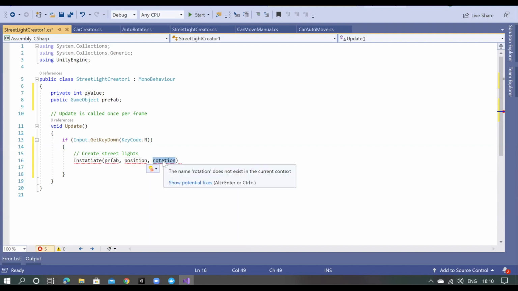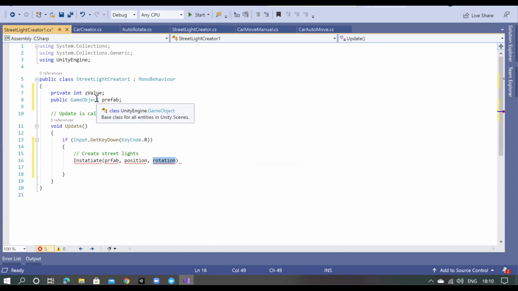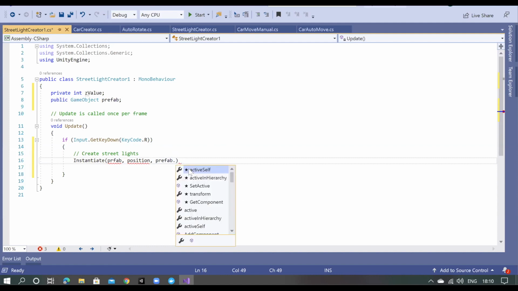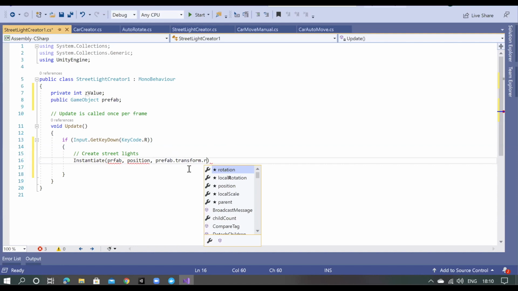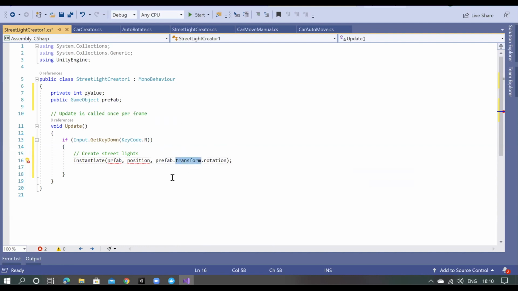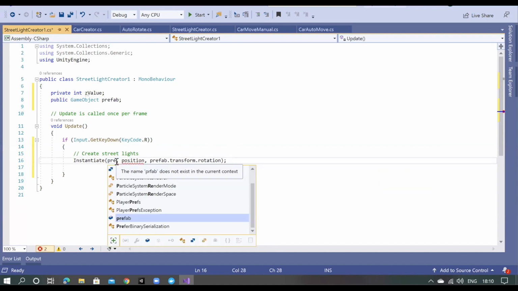The spelling of prefab is wrong, and the spelling of Instantiate is wrong. In case of rotation, I will have prefab and whatever the prefab rotation is, its transform dot rotation. This is how we can get the prefab's position or rotation. All game objects have a transform property.